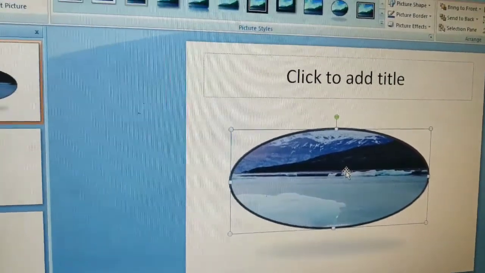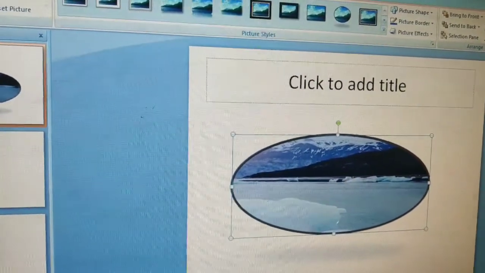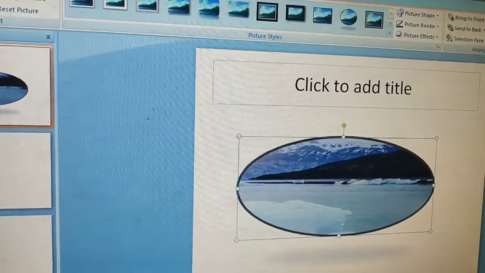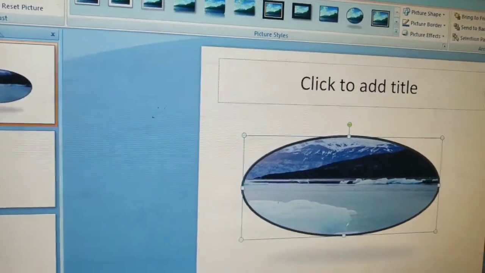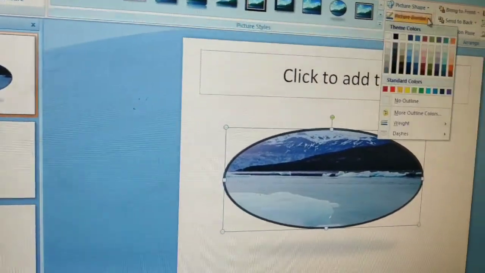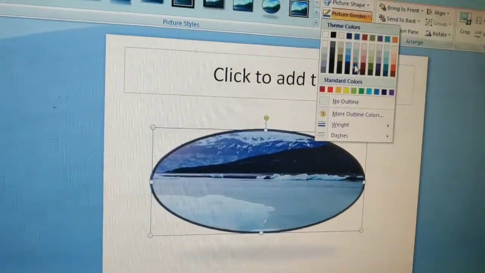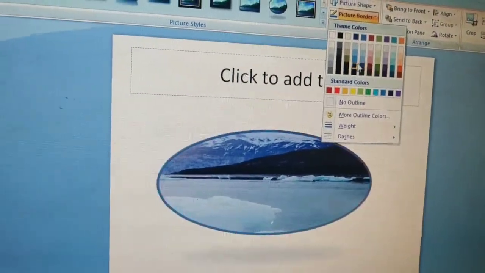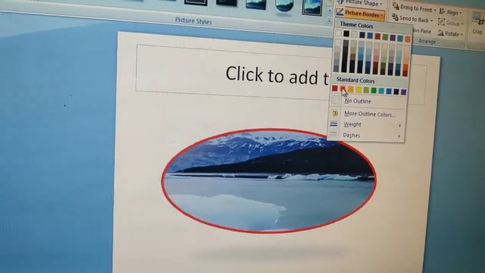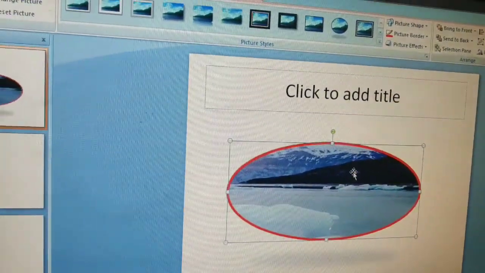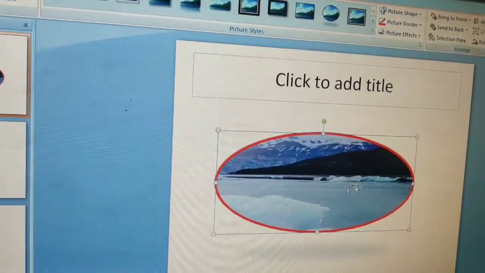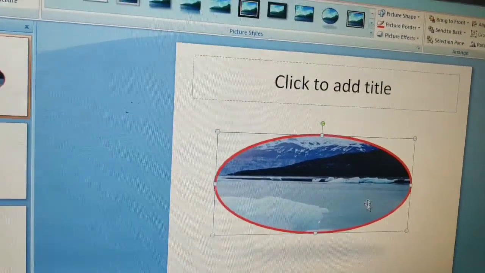To modify a border of a picture, same steps. Select a picture by clicking on the picture, select the format tab and click the picture border button and select a color. Here you will see in the picture border button there are different colors. Choose the desired color and click on that color. Your picture border will apply.